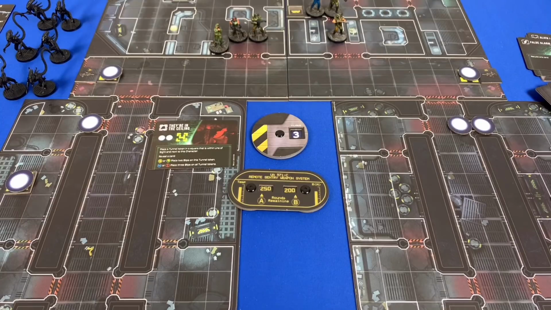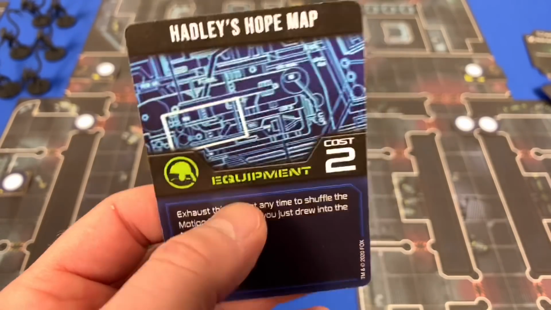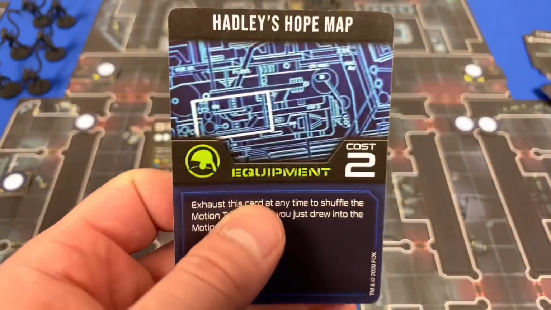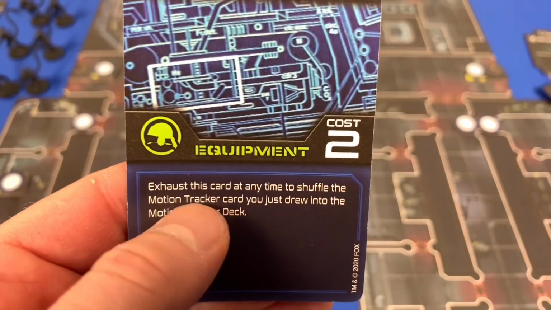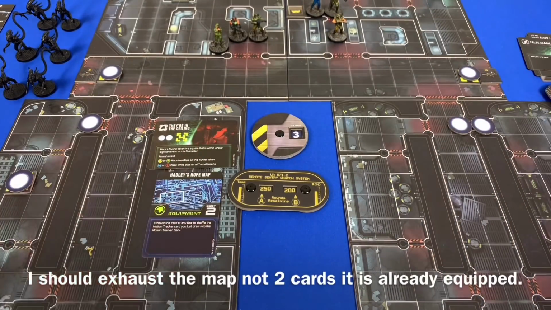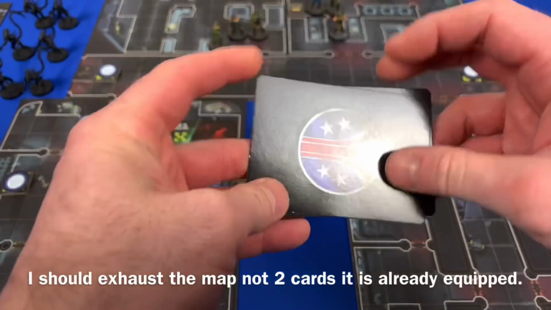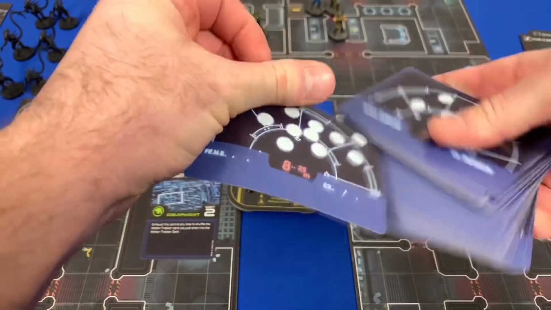Now, I have a card that might actually help here. I am holding Hadley's Hope. It's a map from Hadley's Hope, which is the complex that these people are in. I can exhaust this card at any time to shuffle the motion tracker card you just drew into the motion tracker deck. I'm going to do that. We're going to take 2 cards and exhaust them from our endurance deck to go ahead and shuffle this back into this deck